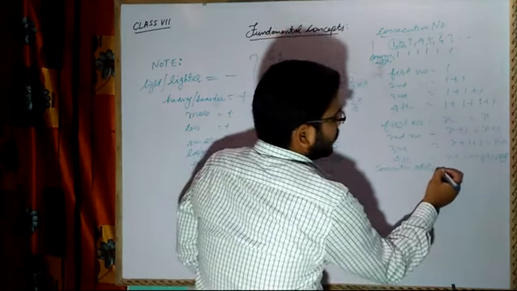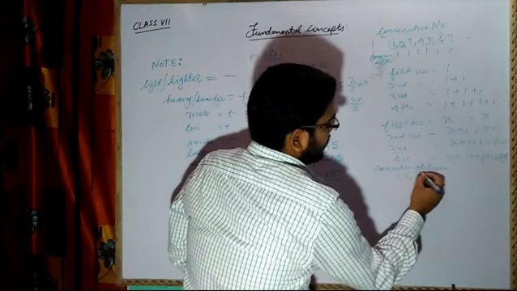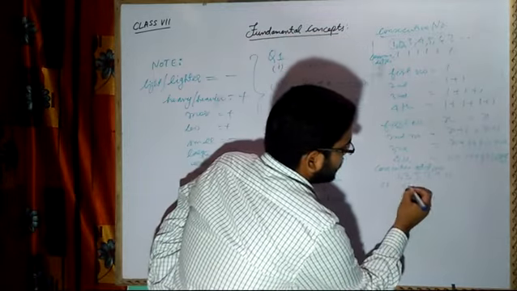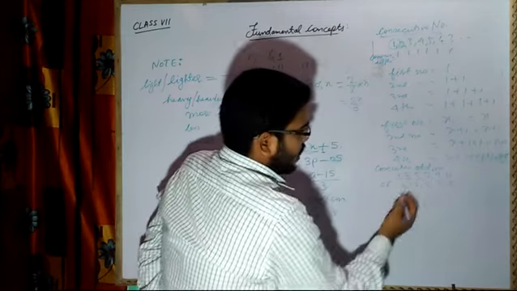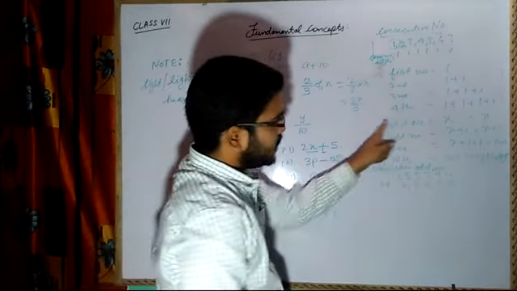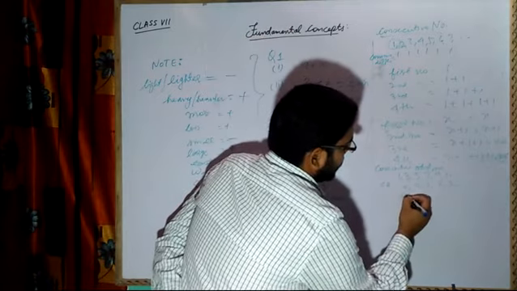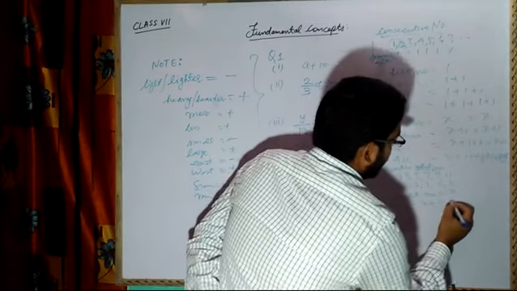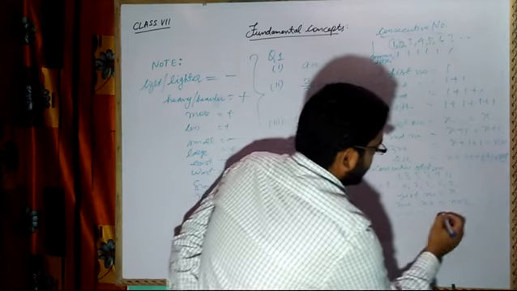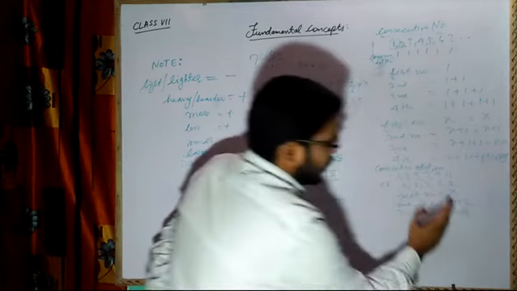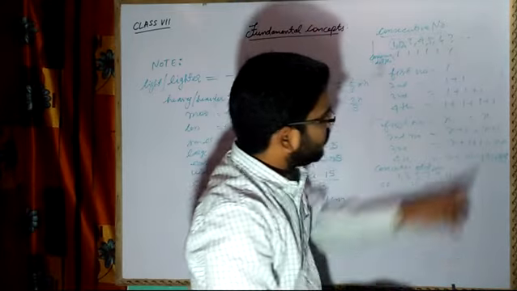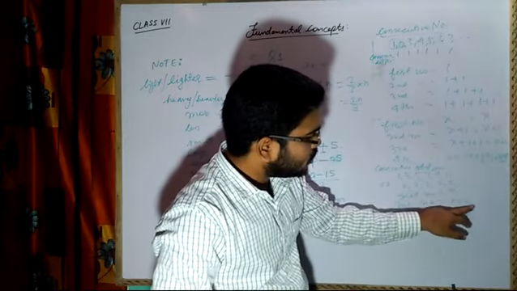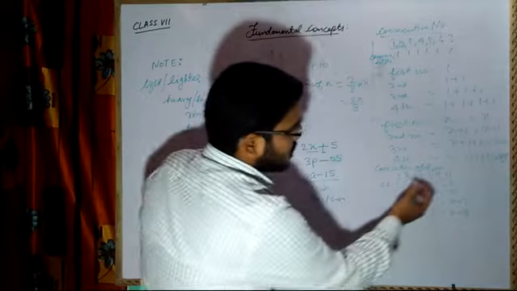Now if you have consecutive odd numbers, odd numbers I hope all of you know: 1, 3, 5, 7, 9, 11, and so on. Now see the common difference. The common difference is equal to 2, 2, 2, 2. If I write in terms of expressions, the first number is x, the second number is x plus 2, the third number is x plus 4. It is increasing, and 2 I have to add. Here I was adding 0, plus 1, plus 2, plus 3, so here it will be 0, 2, 4, 6, 8, 10. So this is the consecutive odd number.